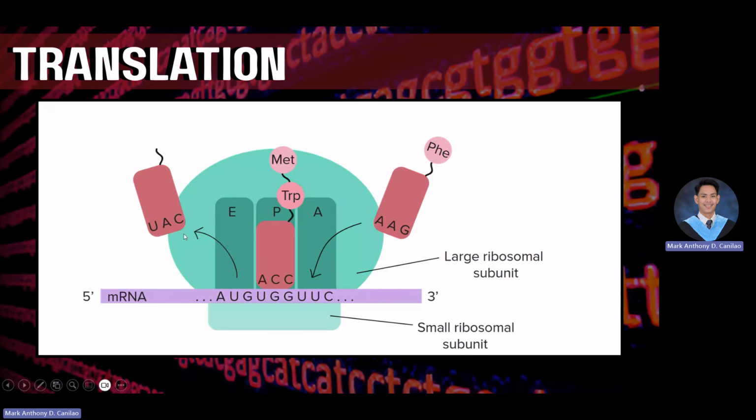Just like what I have mentioned, it is important to note that the mRNA is what we use in identifying what type of amino acid we need. So, again, the codon AUG is equivalent to methionine or MET. Next one, UGG, the 3-letter codon that we have, its amino acid equivalent is tryptophan or TRP. UUC is our next code, and then tRNA carries an anticodon known as AAG, and the amino acid it carries is phenylalanine. Okay, so that is what we need to understand.